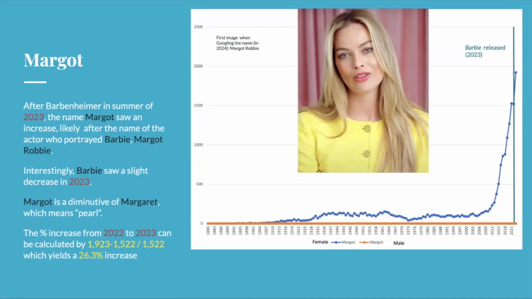I believe it's the French diminutive, and Margaret is a Greek name that means pearl. You know, obviously Margot's been increasing in the last few years. It's at the most popular it's ever been, but from 2021 to 2022, it went down just a little bit. However, in 2023, it went up 26.3%, which might not be that high, but it is pretty noticeable compared to